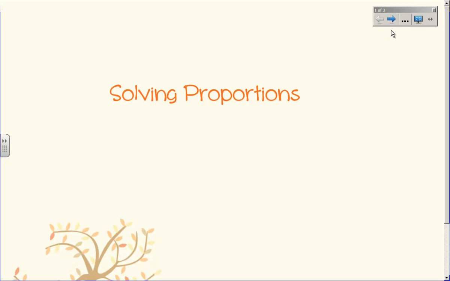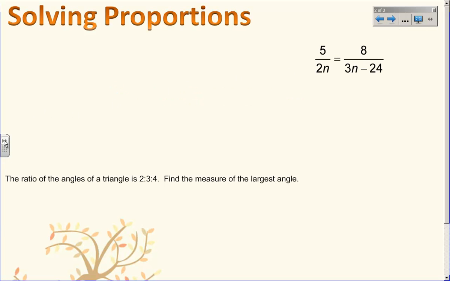So we're going to do real quick examples, 3 of them very fast, and then we'll practice homework when you come to class on Monday. So let's solve some proportions. This first one over here,